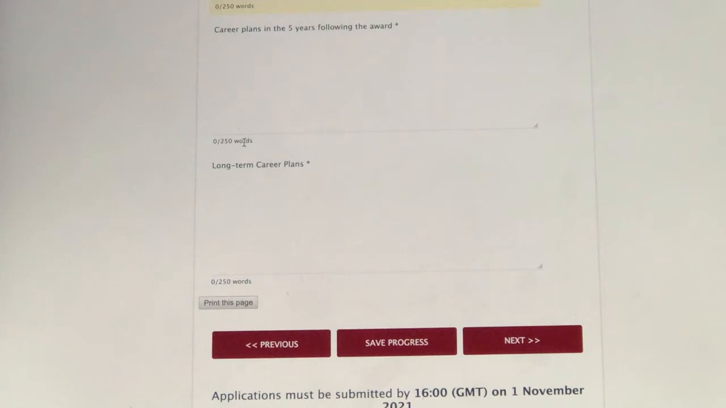Then career plans in 5 years following the award. It's only you who understands this. So write what you want to study, what you want to do. In the 5 years after the award, what are you planning to do? So you come back home, you implement what you...